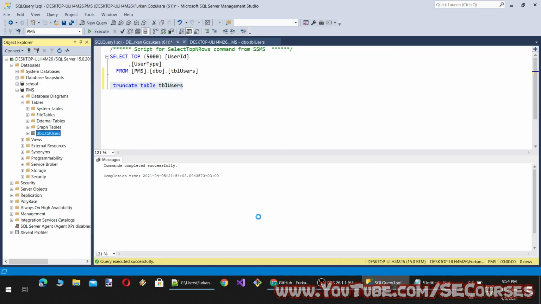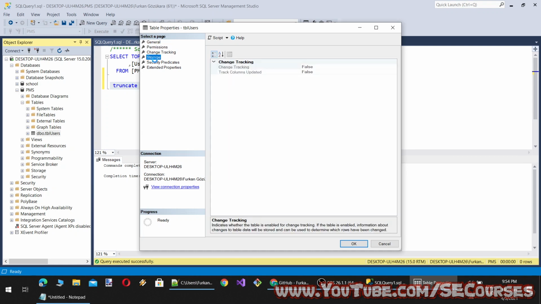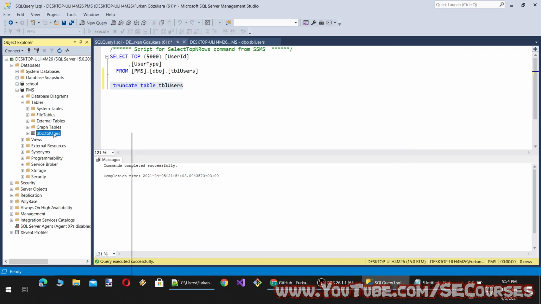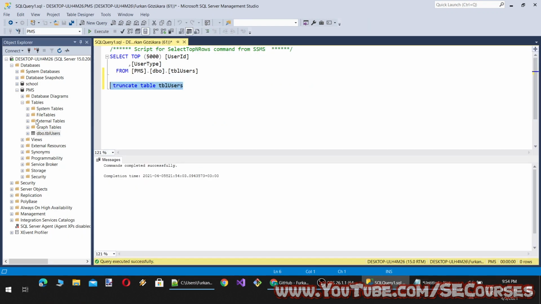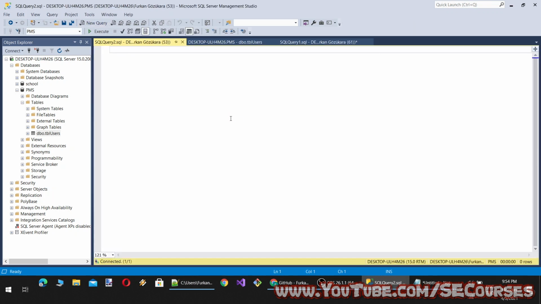And when I click properties, okay, let's see if the seed is displayed here. Maybe it is here. Let's open design again and see the user ID, table designer, identity. Okay, so the seed is not displayed here, therefore we are going to reset the seed.